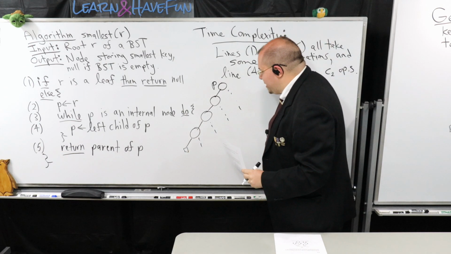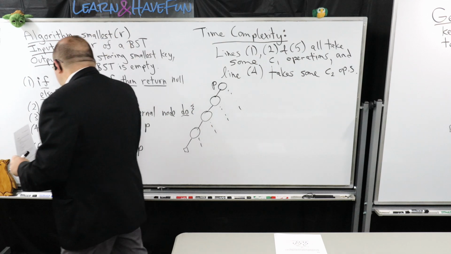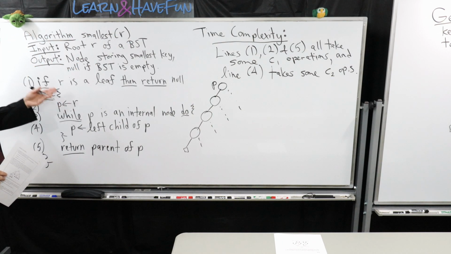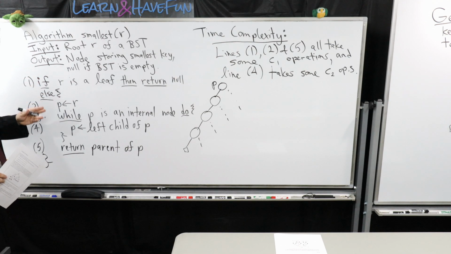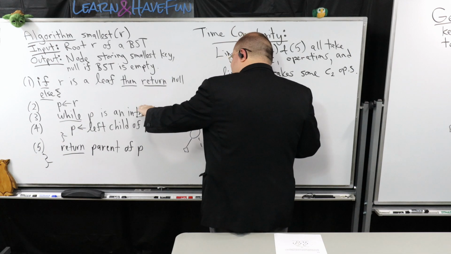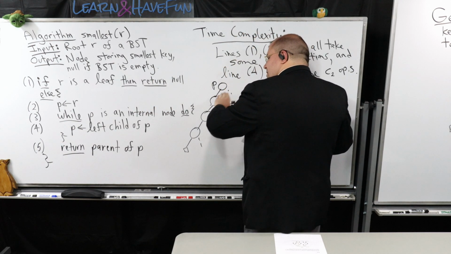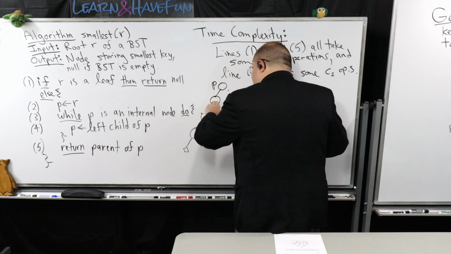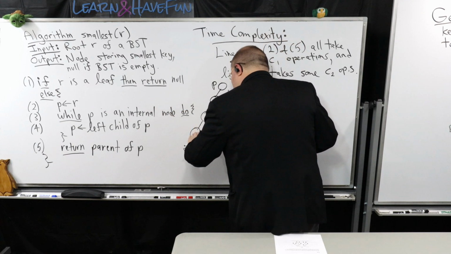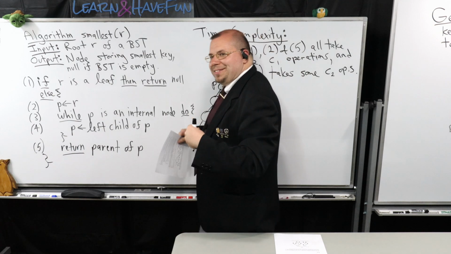So I start off with P up here at the root, and every time I go left, then I go left, then I go left, then I go left, right? Well, think of this. If I'm actually counting this up, I'd start off at the root itself. So I start off here, I do an evaluation of this. So right now I'm at the root, I check this, then I go left. I check this, then I go left. Then I check this, then I go left. And I keep doing this.